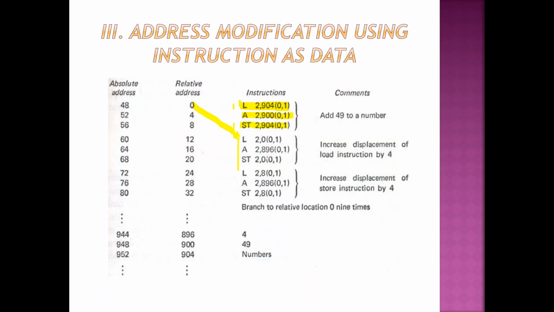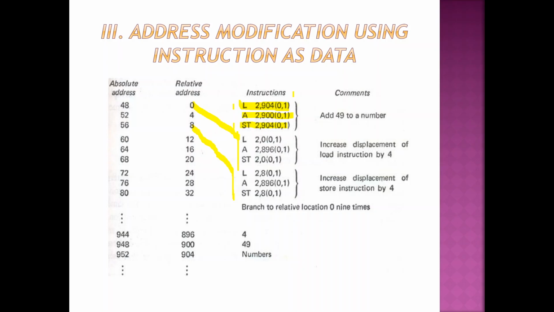Okay, so what we do here is change the load instruction, and we will also change the store instruction. From 0 we are going to take and put it in register 2. Similarly, the store instruction is nothing but 8. So from 8 we are taking the instruction and storing in register 2. You understand? That is what we are doing.